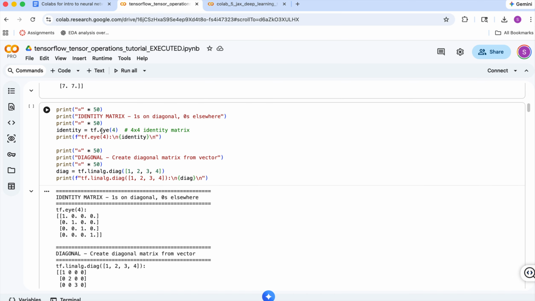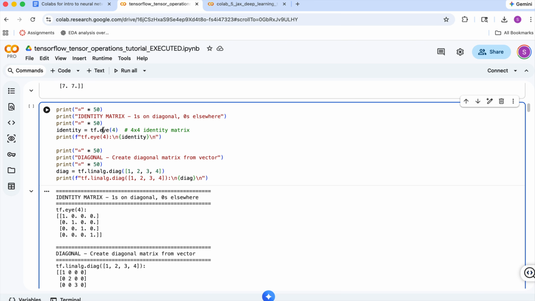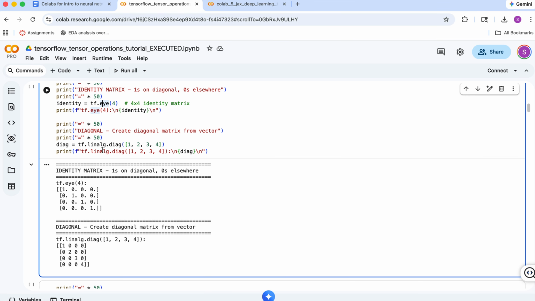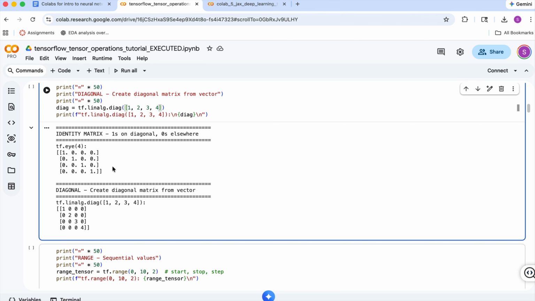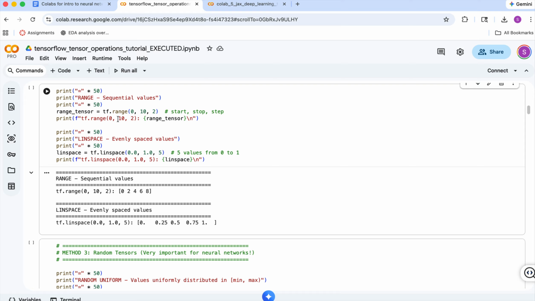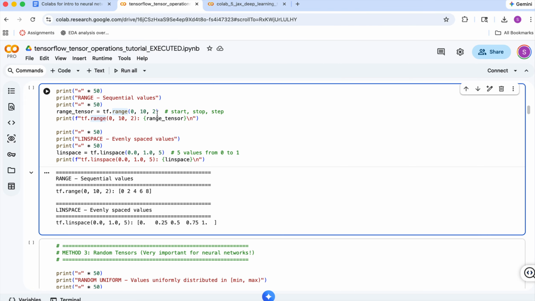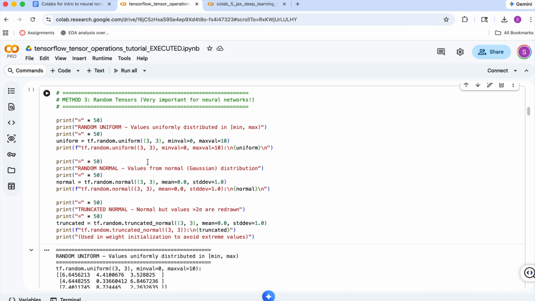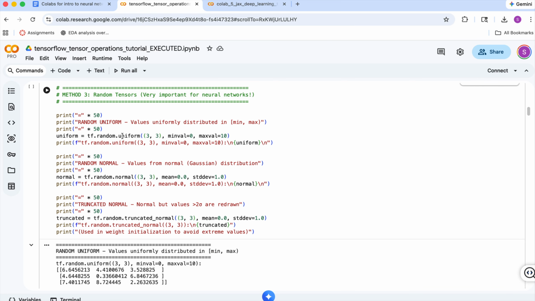Next, this cell creates a 4 by 4 identity matrix using tf.eye and a diagonal matrix from a vector using tf.linalg.diag. Identity matrices are used in linear algebra and as a baseline in matrix operations. Next, I use tf.range to create a step-based sequence and tf.linspace to create evenly spaced values between two numbers. Next cell, this cell generates random tensors with values drawn from uniform and normal distributions using